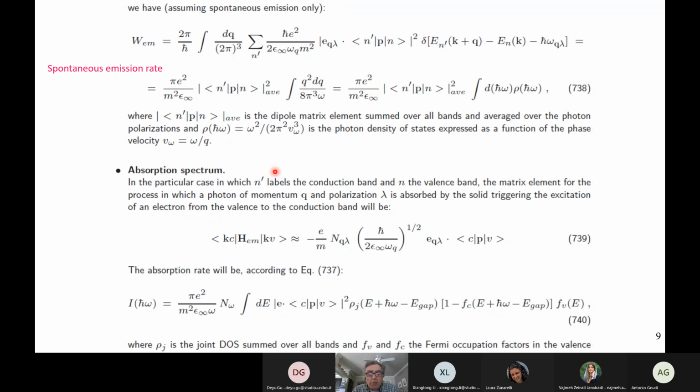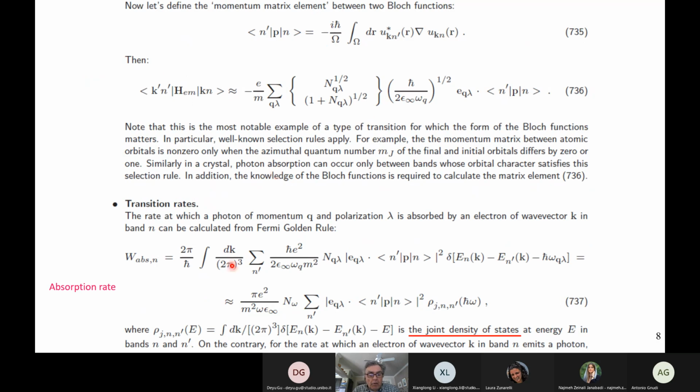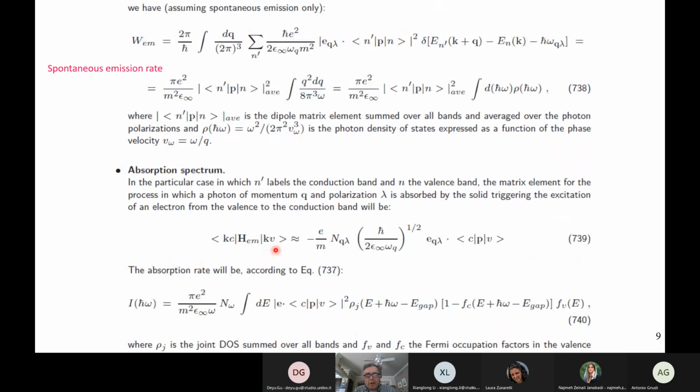For example, you can calculate the absorption spectrum now by taking this absorption rate and integrating over all of the initial states. If we assume that the crystal is intrinsic, the valence band is fully occupied, the conduction band is fully empty,